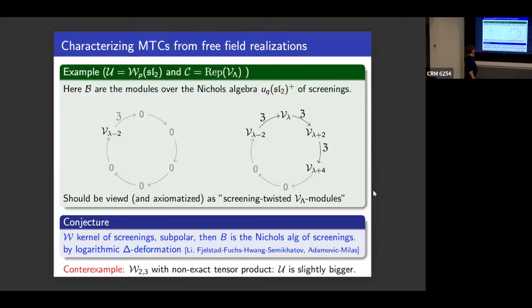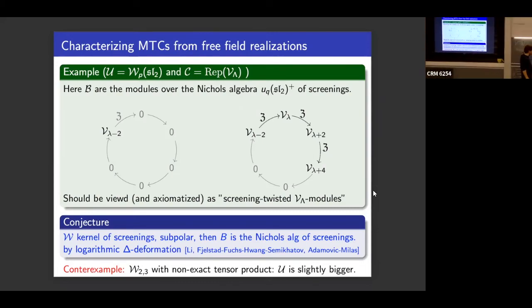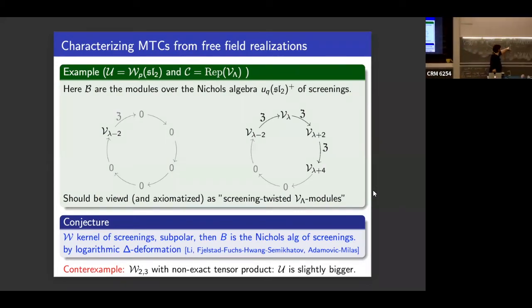So let's look at the triplet algebra over the lattice VOA. What does B look like? I mean, I can write it down. This is the triplet, this is the lattice VOA, and those are now representations over the triplet which have an intertwiner from the lattice VOA. So that's our definition of a twisted module in that sense, right? It has an intertwiner from V, but it's not a proper module over V, it's just a module over W.